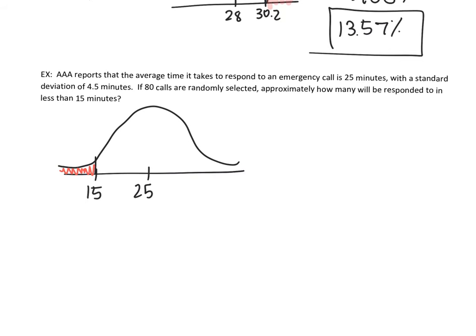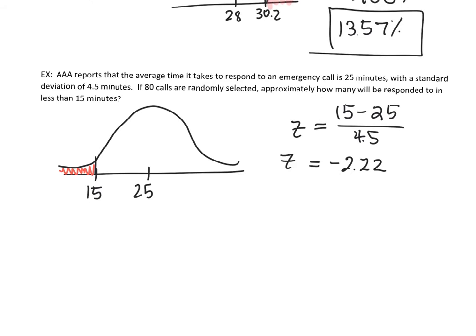15. So first we're going to find our z-score. So z equals 15 minus 25 over our standard deviation of 4.5. So 15 minus 25 divided by 4.5. And we're going to get a z-score of negative 2.22 repeating. Now when you have more than 2 decimal places, we always use just the first 2, making sure that we are rounding our second decimal place. So we go to negative 2.22 in our table,